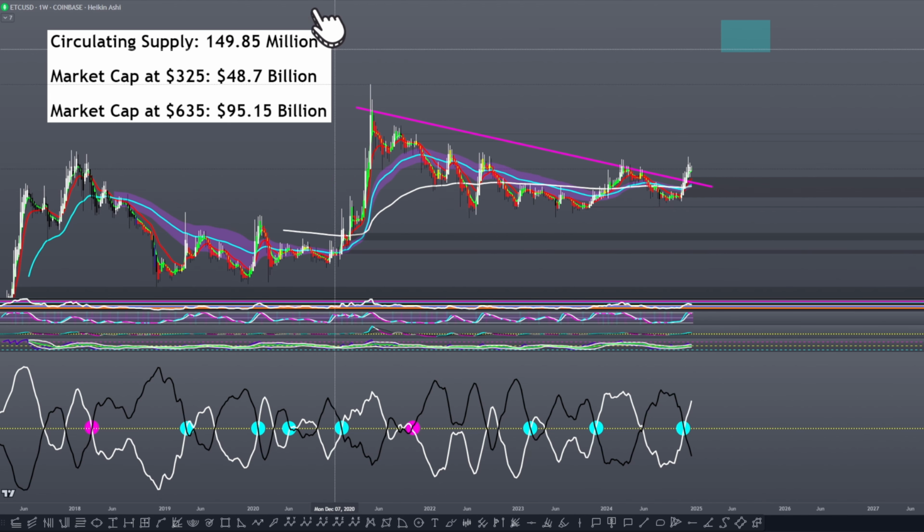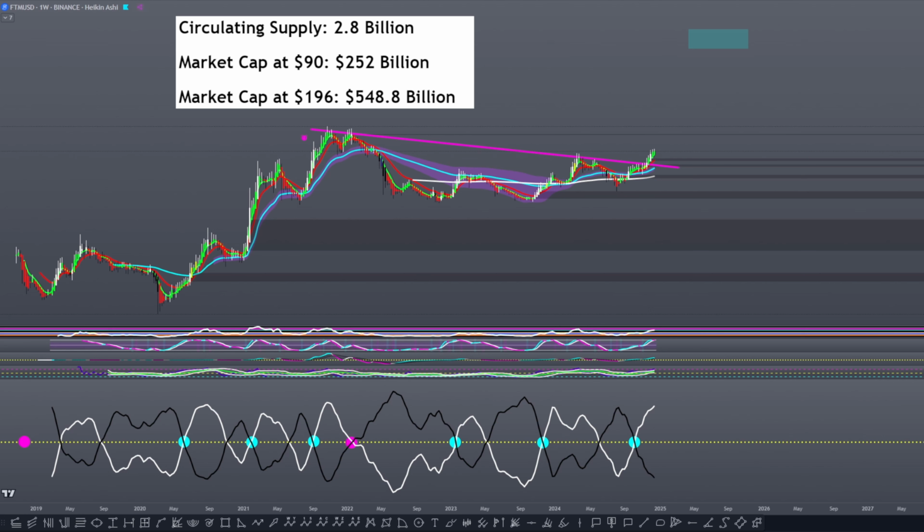If you look here at Phantom, this is going to be the first coin that I go over that has me, as you look down here at the ASO, you see this first origin cross extrapolating back in the past a little bit. I'll do this for some of these coins because it doesn't have an initial bearish origin cross.